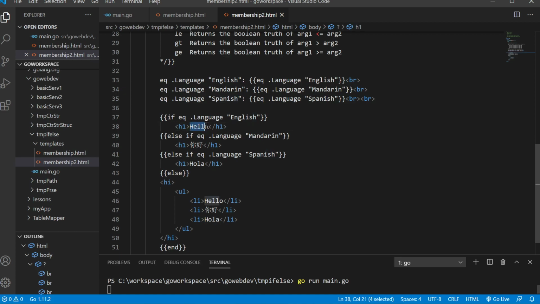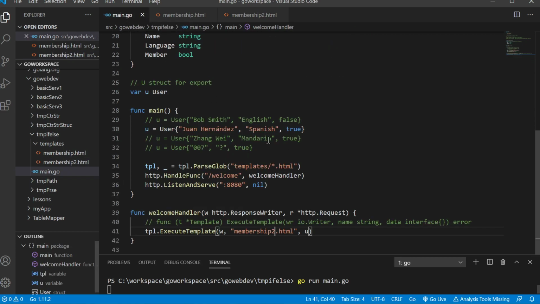We want to say hello if their preferred language is English. We want to say ni hao if their preferred language is Mandarin, and we want to say hola if their preferred language is Spanish. And if we can't figure out what the language is, we want to just go ahead and print off a whole bunch of them, and hopefully our individual knows one of them. But anyway, let's go back to main.go,